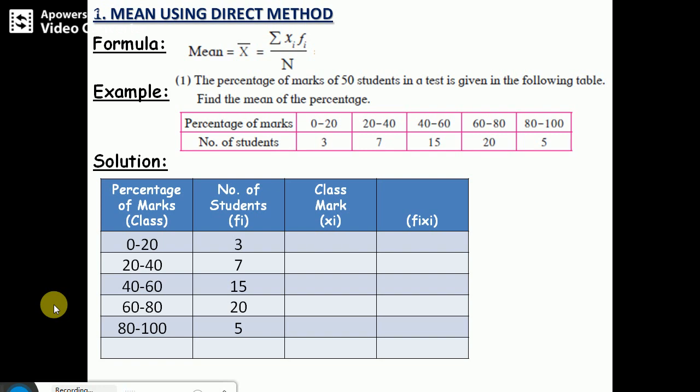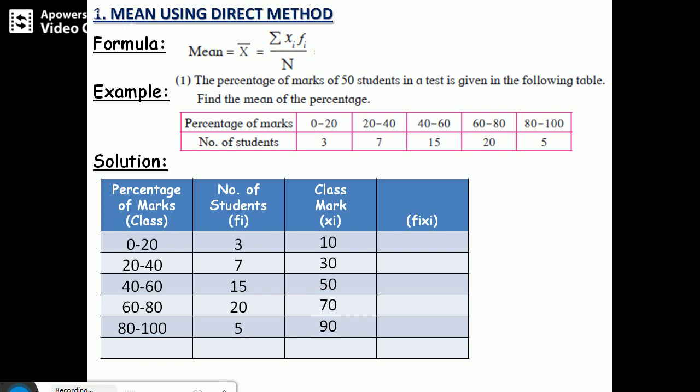Okay, so now how to calculate this class mark? To calculate class mark, we have to take the middle value from this class. Say for example, this class is 0 to 20 and I want to calculate this class mark. So what is the middle value of 0 to 20? Yes, of course, that's 10. In the same manner, second class, that is 20 to 40. What is the middle value of your second class? Of course, that is 30. So this is how we can find out this class mark.